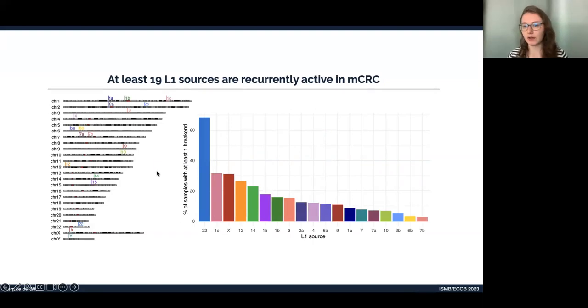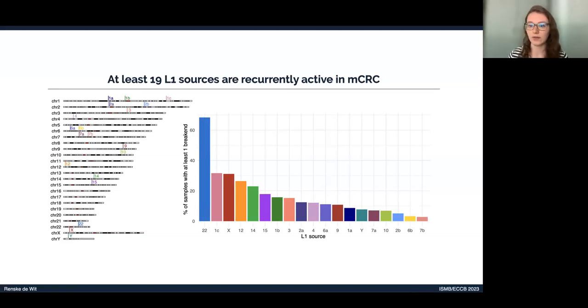If we study the insertions that we detect in detail, we find that the majority of our events are not traceable to the original source. And this is because LINE-1 sources have very high sequence similarity between them. However, for the events that we do trace back, we find that in our dataset at least